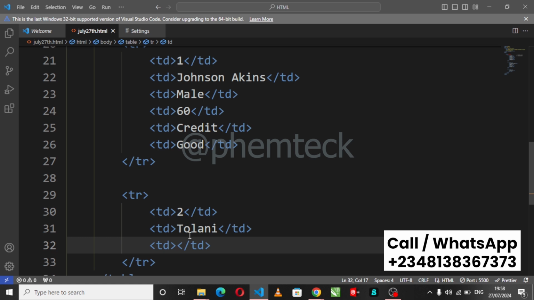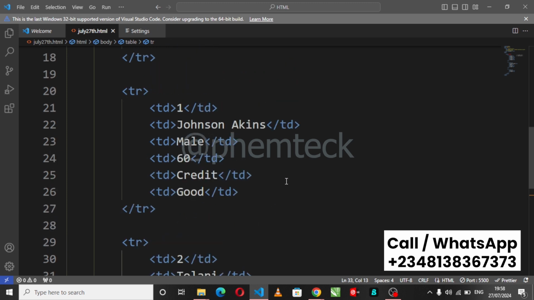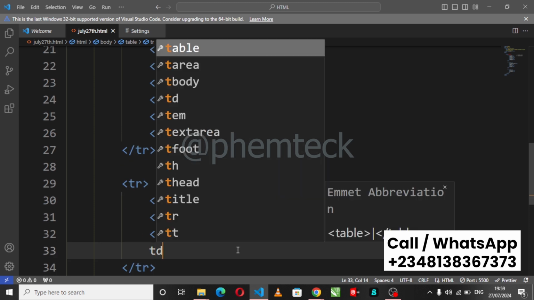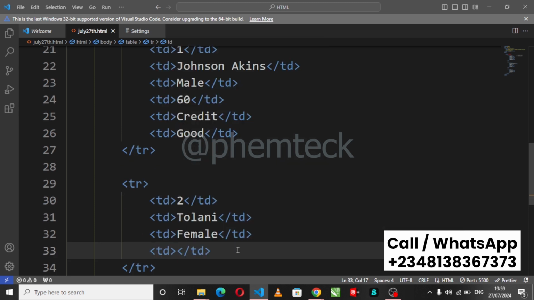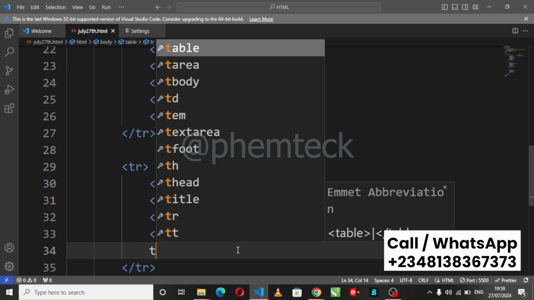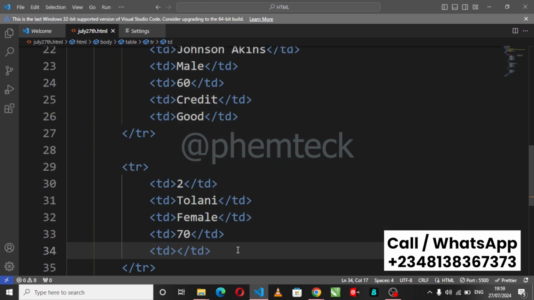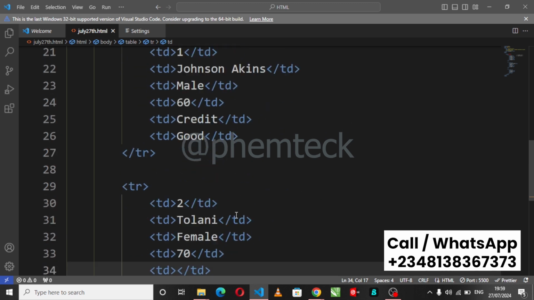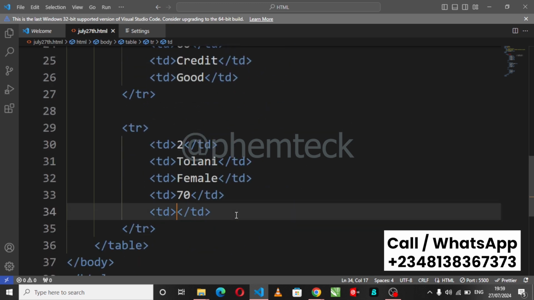Then under the TD again, what should be there? That is female. Then under the next one, the information, which is the score, we have TD again. Then we'll put the score, let's say 70. Then under the TD again, we have the credit, I think the grade rather. So the grade now, let's say credit as well. Then the last one, which is the remark,